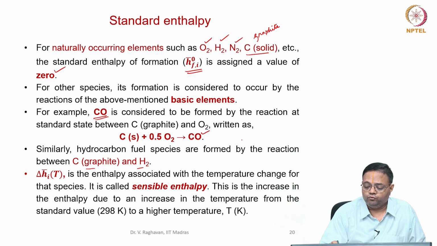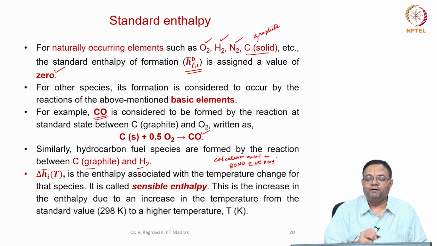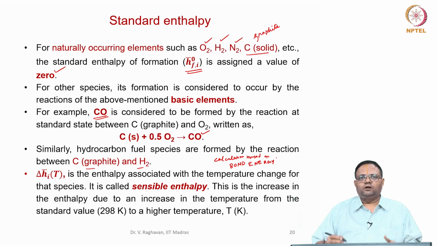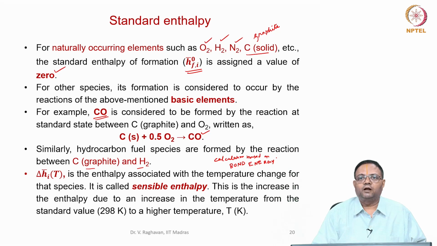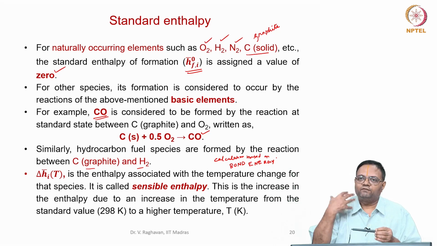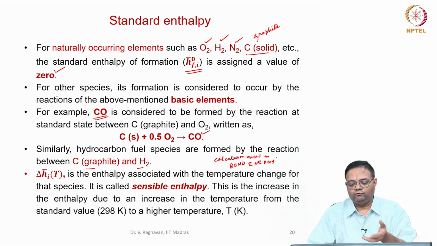We can also use a calculation based on bond energy to evaluate the enthalpy of formation. So, there are several ways to estimate this. There are tabulations where the enthalpy of formation is available for several species, by either careful experiments or bond